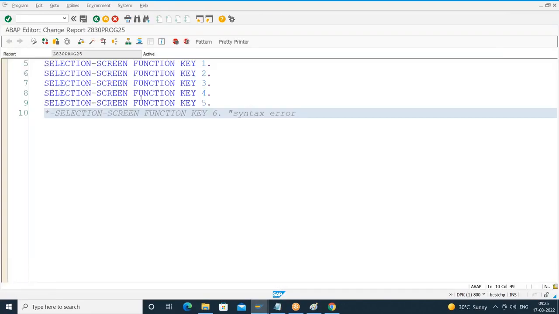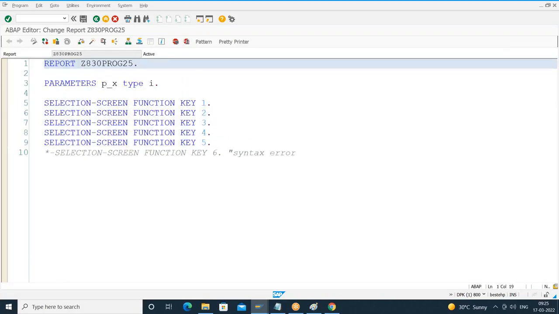But this is the statement we use for adding the buttons on the selection screen application toolbar. But the buttons are invisible. So what you have to do is observe this carefully. We can add a maximum of 5 buttons on the selection screen application toolbar. So to add the buttons on the application toolbar, we have to refer to a global structure called SSCR